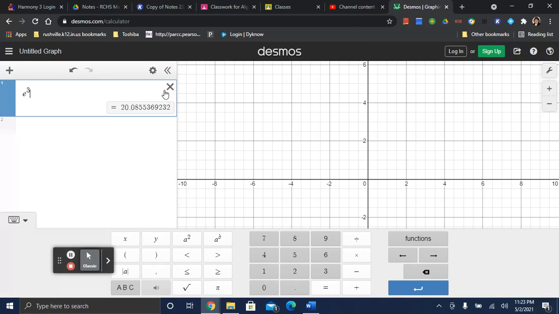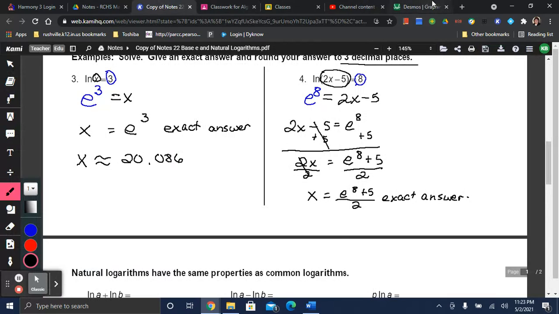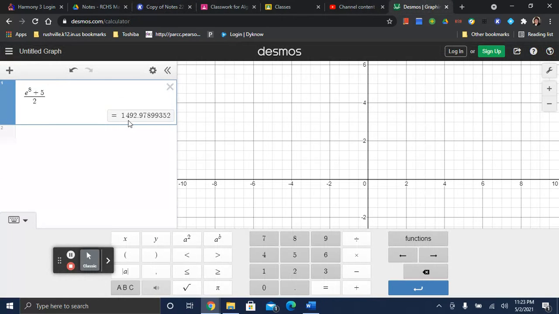So e to the 8th power, we can go ahead and do that here. And then we're going to add 5. And then all of that. Make sure that you have all of it that you are dividing by. So we're going to divide by 2, I believe it was. Yes. And our answer is